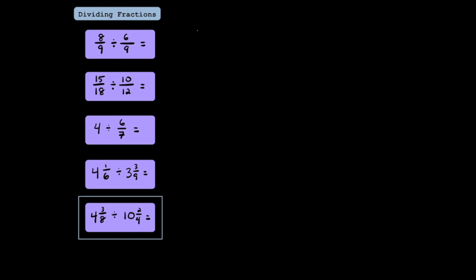And here's the last example in the video. We have 4 and 3/8 divided by 10 and 2/4. Right away, I notice that 2 and 4 can be simplified down to 1/2. Rewritten here, we have 4 and 3/8 divided by 10 and 1/2. Let's convert these mixed numbers into improper fractions. 4 times 8 is 32, and 32 plus 3 is going to be 35. This fraction rewritten as an improper fraction is going to be 35/8. Now let's convert 10 and 1/2 to an improper fraction. 10 times 2 is going to be 20, plus 1 is going to be 21, so this is going to